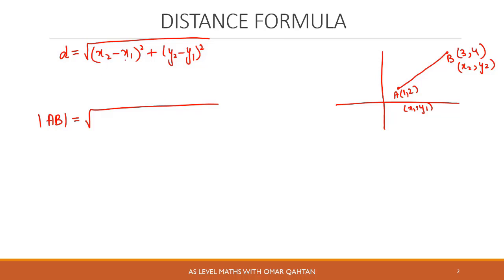The formula says x2 minus x1, so 3 minus 1, whole squared, plus 4 minus 2 squared. And then upon simplification we get